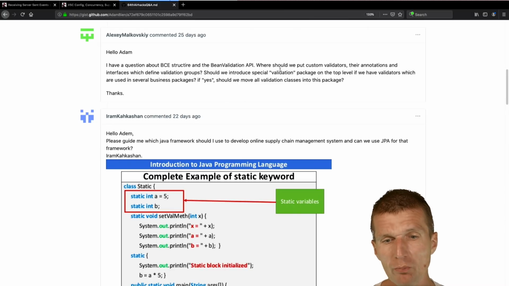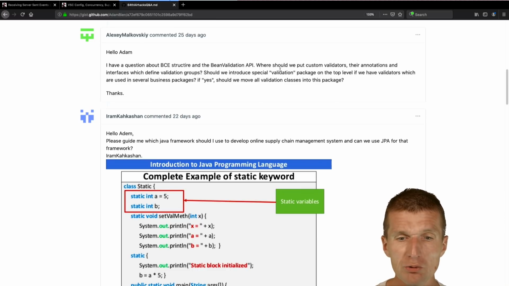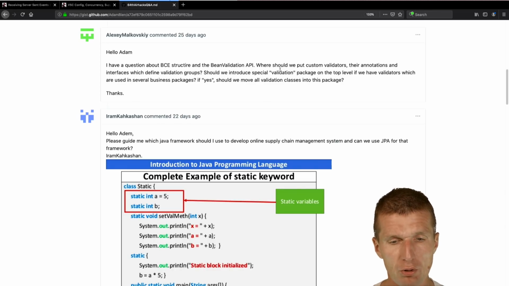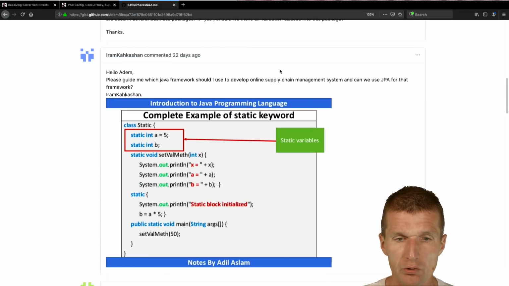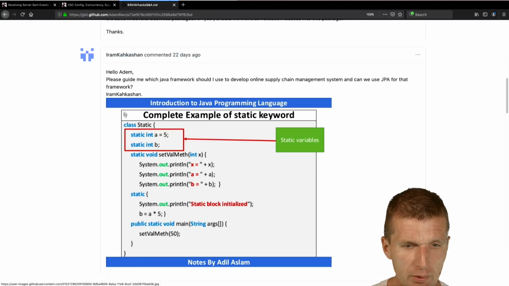Put your validation, group validation into, for instance, entity, control, or boundary package directly. And if this is cross-cutting validation, like string not null, then just put it in the root of the project. So the next one, this is hard to decode what's going on, because the